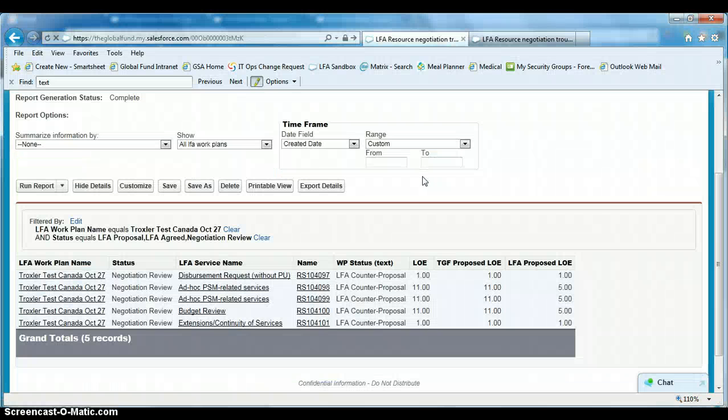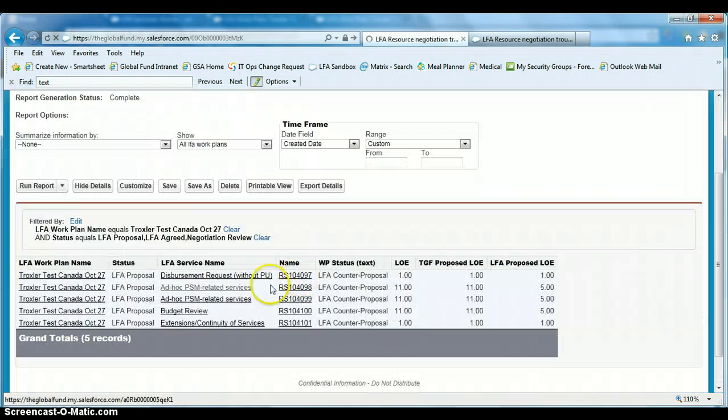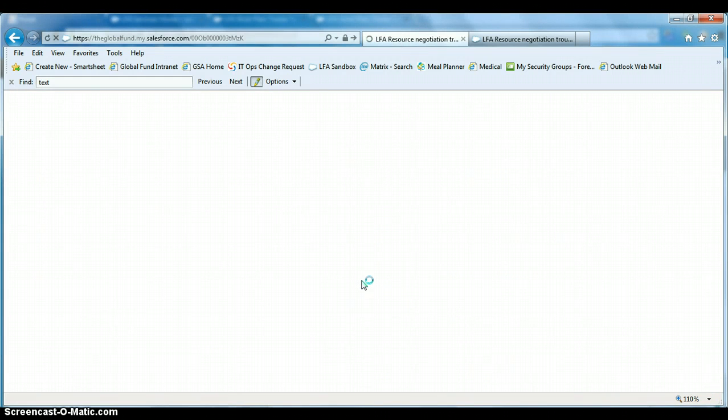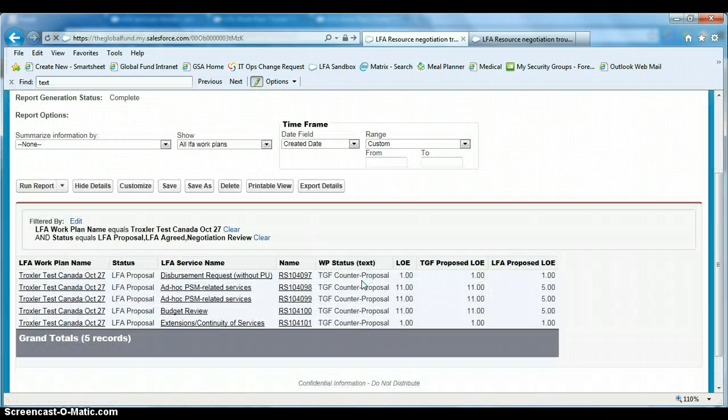Okay, go back, refresh the report. Status is LFA proposal now. But look at that, here's an example. Watch what's going to happen. It should be TGF counter proposal. Just wait a second. I'm refreshing now. Now it's TGF counter proposal. There's a gap, there's a delay, right? So if I do it quickly,